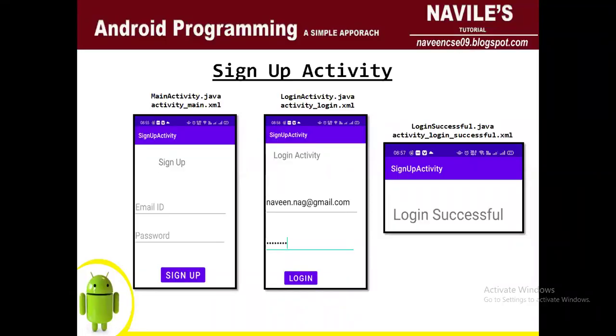Now we have successfully created 3 different activities, one for sign up, another for login, another for displaying message login successful. Now we should understand how to navigate from one activity to the other activity.